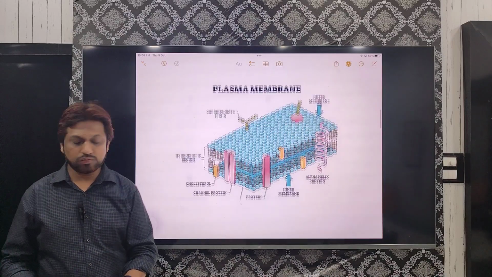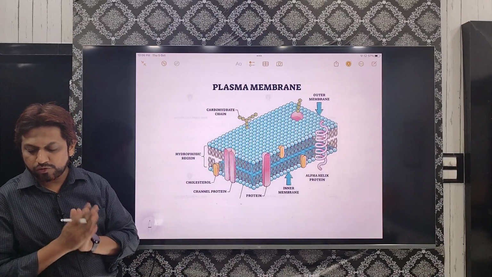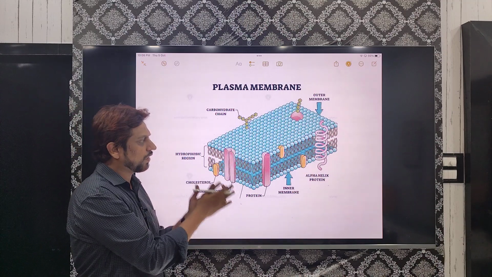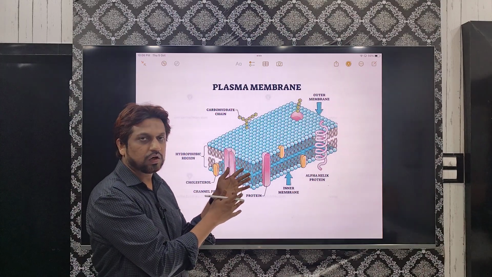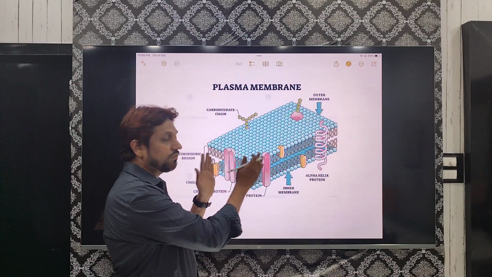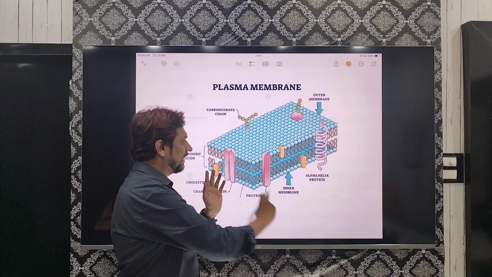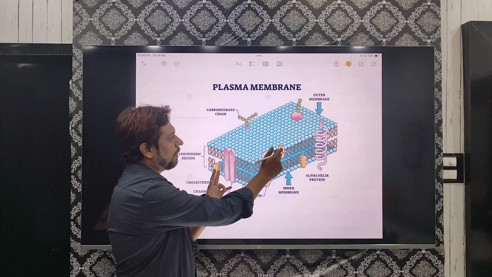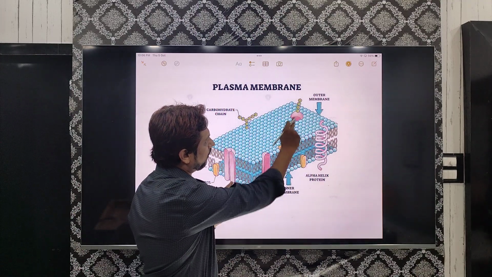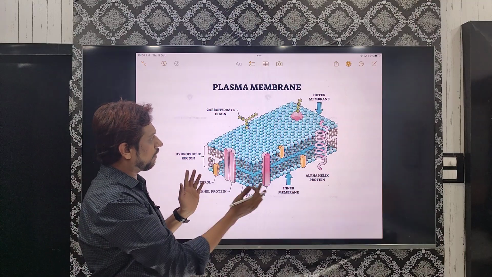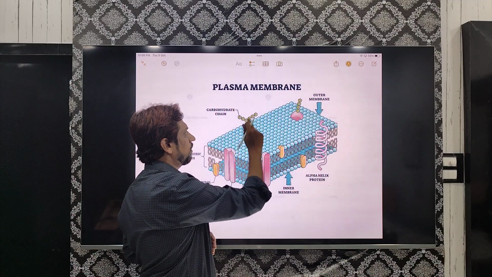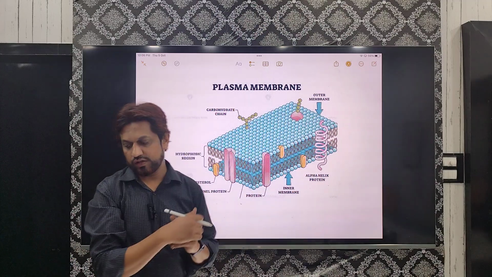Just to summarize with the help of this diagram of the fluid mosaic model proposed by Singer and Nicolson, basically it is made up of two layers of phospholipids. In between the phospholipids there might be cholesterol, so lipids are mainly phospholipids, cholesterol and sphingomyelins. Then proteins constitute the majority, 55%. There are two types of proteins: integral proteins, these pink clusters, and peripheral proteins. This orange structure you are seeing is cholesterol. Apart from that, there are carbohydrates present either directly on the lipid, known as glycolipids, or on proteins, known as glycoproteins.